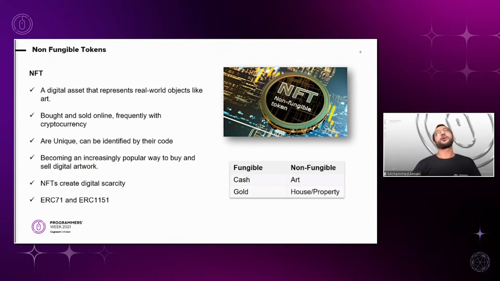NFTs do have some applications in DeFi as well. In DeFi, there is a term called yield farming, in which people stake their Ethereum holdings in order to give loans to people. And for that, you need some kind of collateral behind the scenes. So it is being proposed that NFTs are used as collateral in DeFi networks. This mechanism is going to have some advantages as well as disadvantages. Anyway, let's move forward.